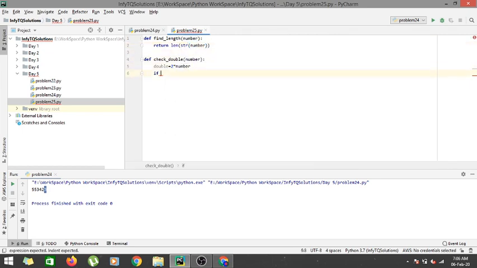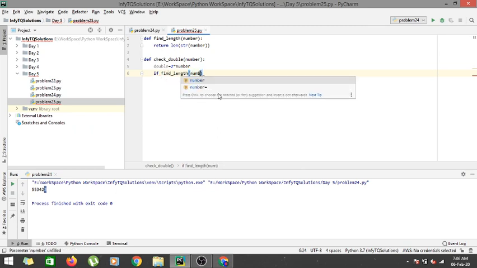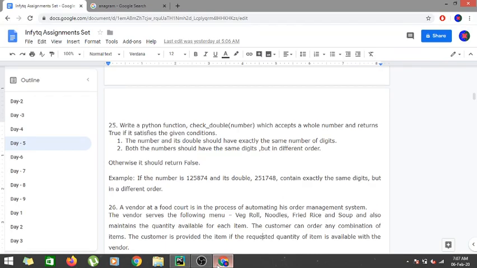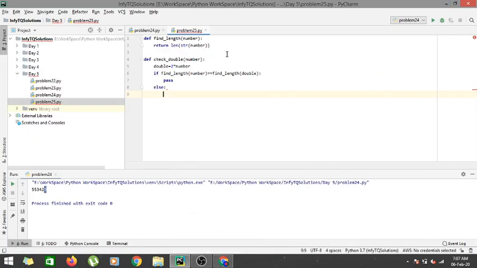So we check if find_length of number is equal to find_length of double, then we are eligible to go to the next step. Else we should return false. So return false,